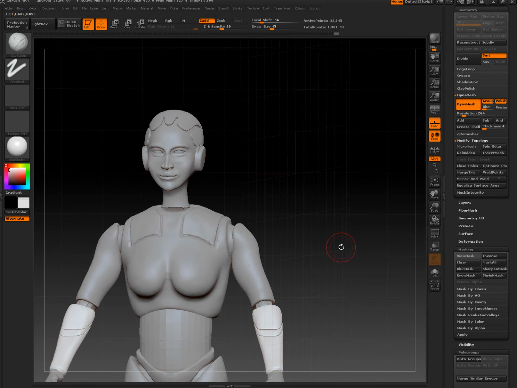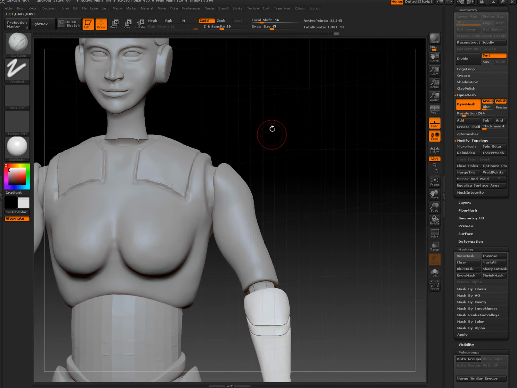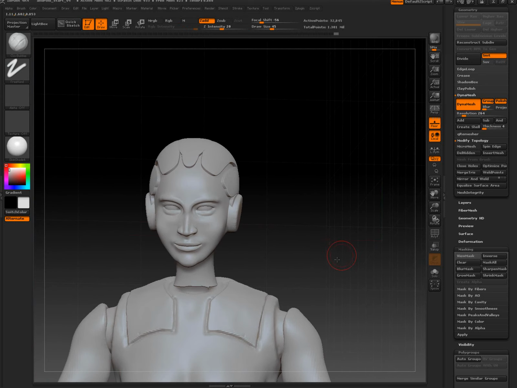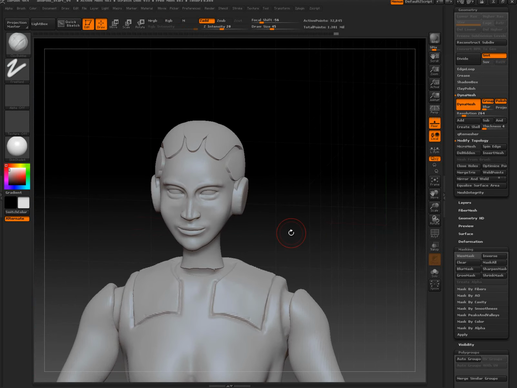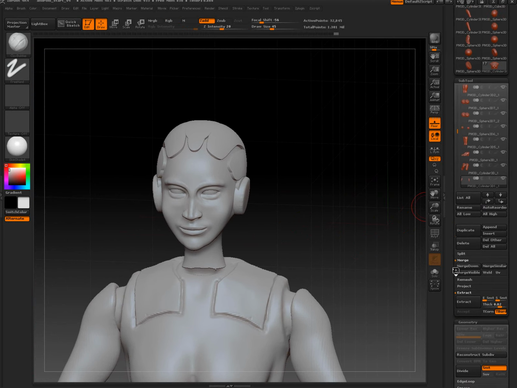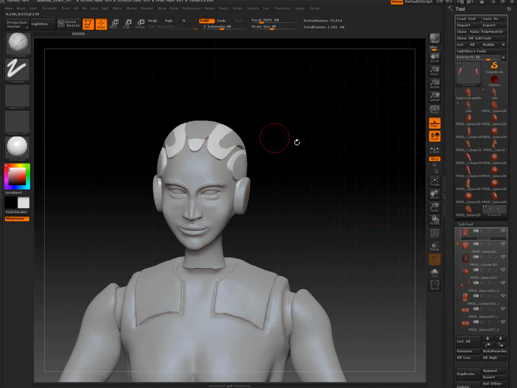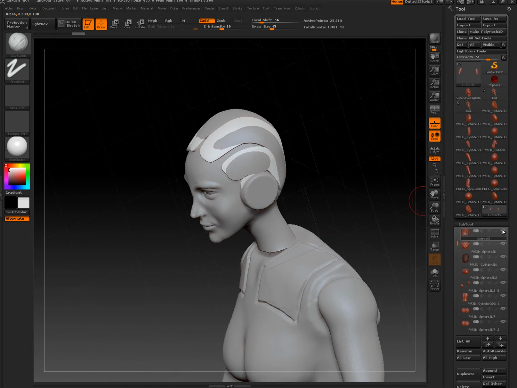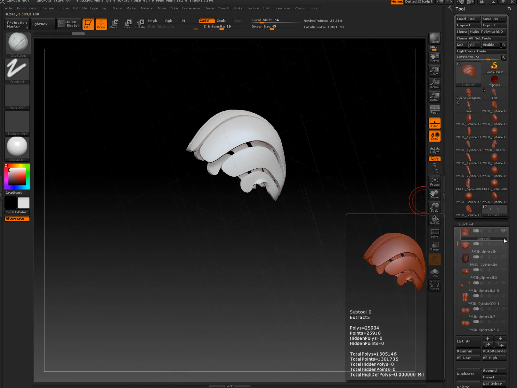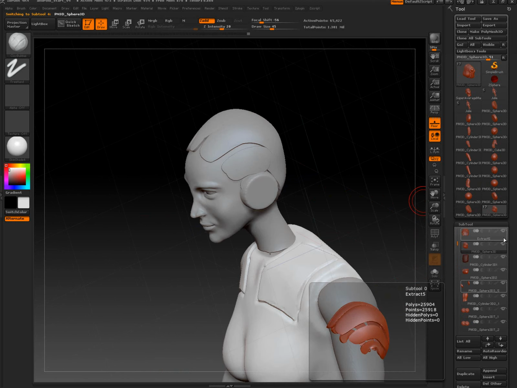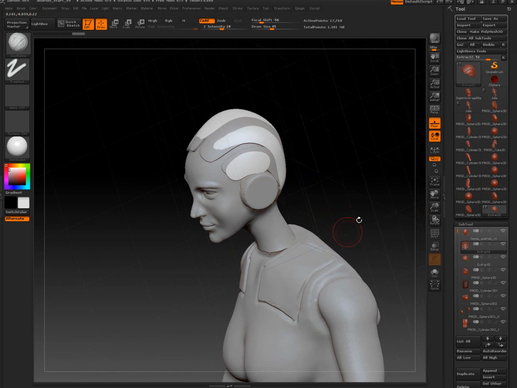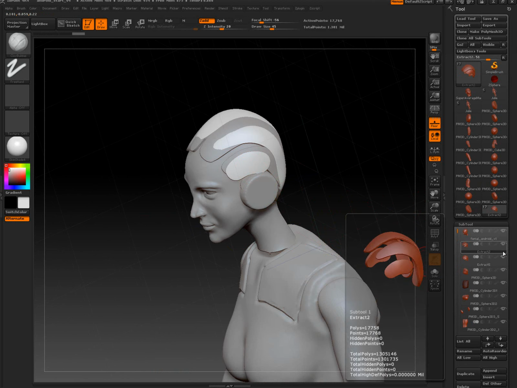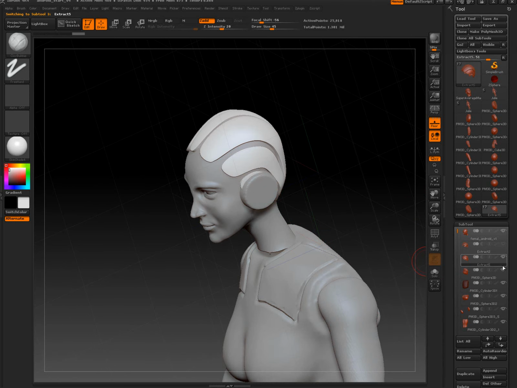Then I'll show you how to create the hair and any other accessories. It's a really cool one. What you've got to do is mask the existing geometry, then you can create the new geometry out of that mask. Let me show that one. Okay, let me turn off his hair, this one and this one,